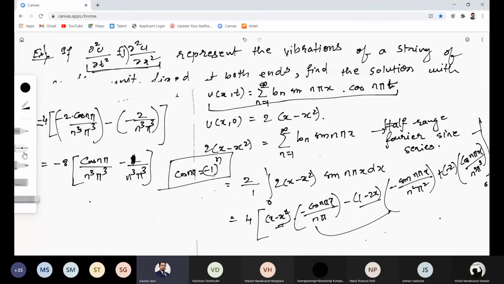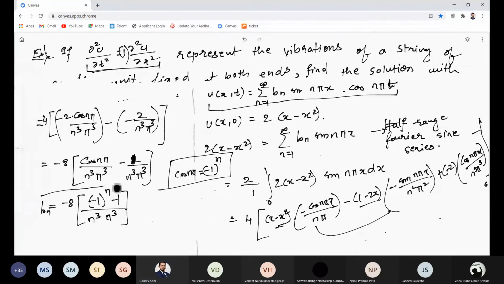So this is equal to bn. Hence the final solution